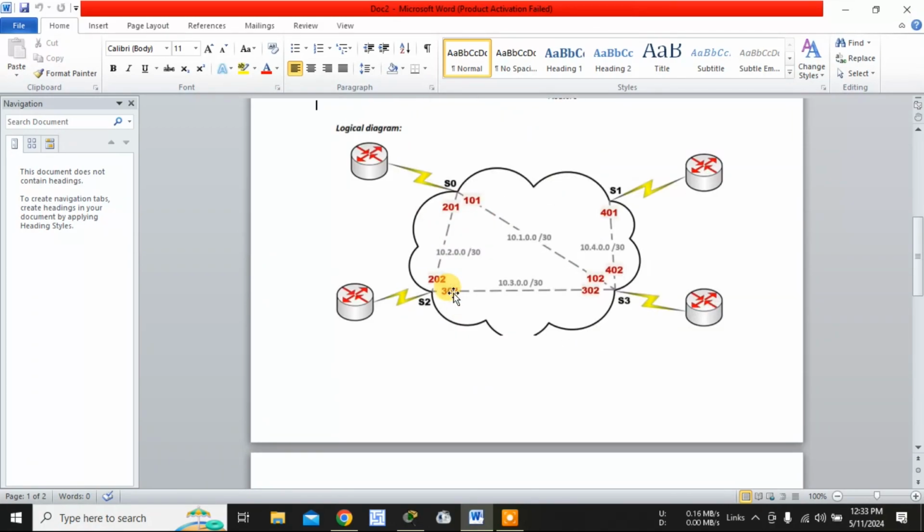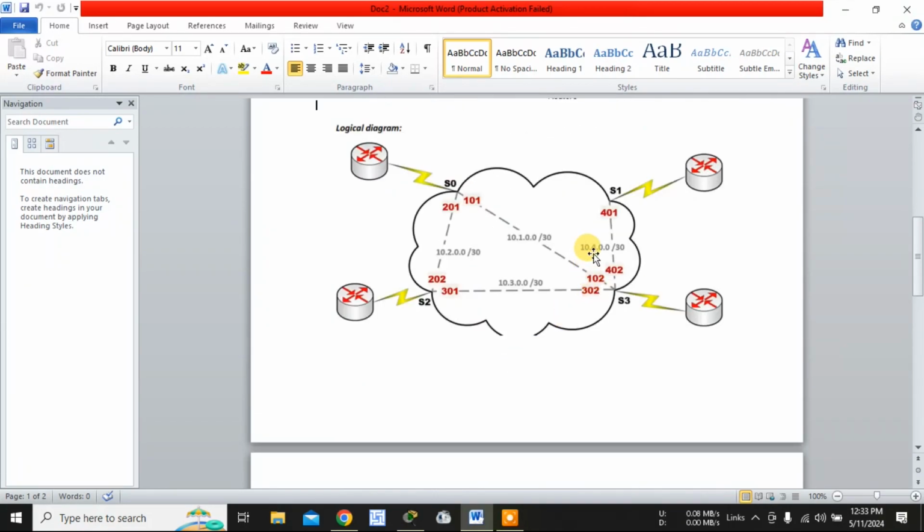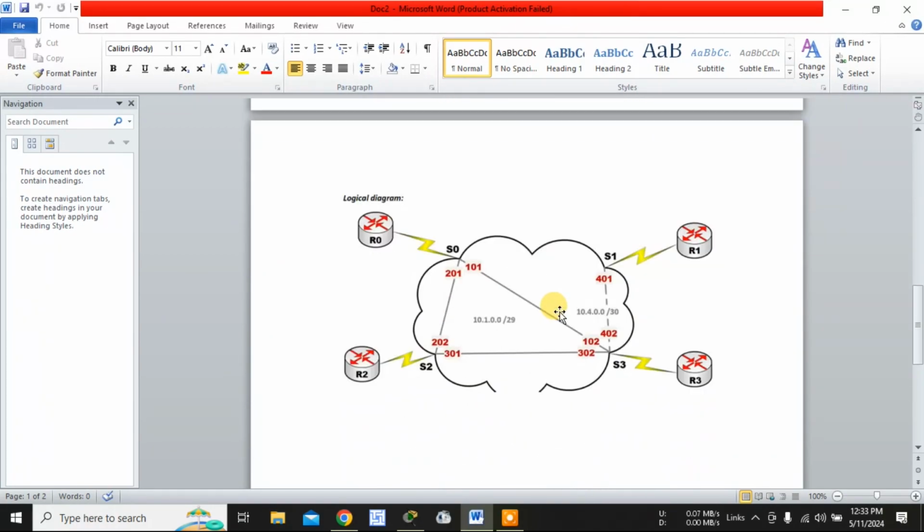In the multi-point frame relay, the only difference is, as you can see here, in the point-to-point frame relay, all the routers are having different IP addresses. In each and every connection line, there will be different IP addresses. But here, this is the logical diagram for the multi-point frame relay. As you can see here, in 101, 201 and 301,